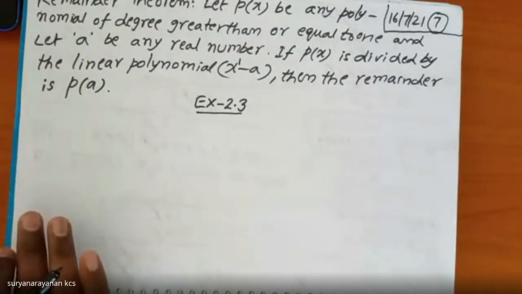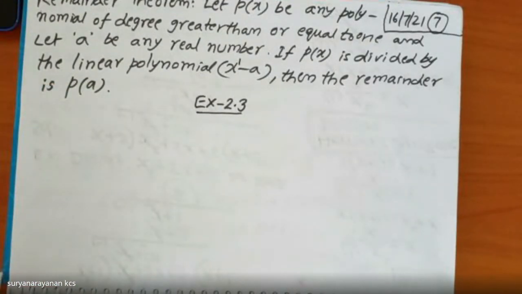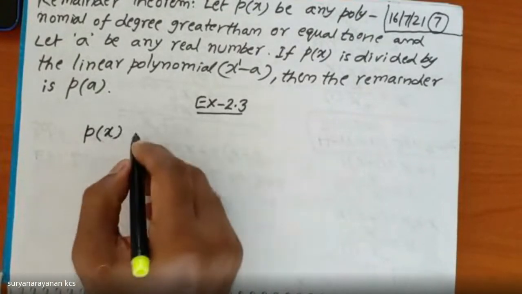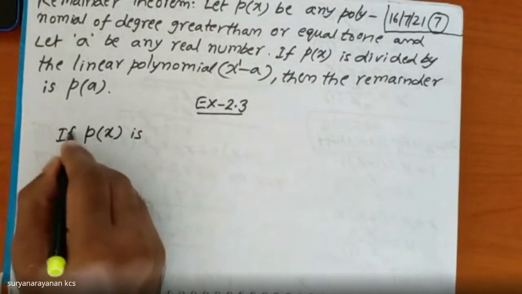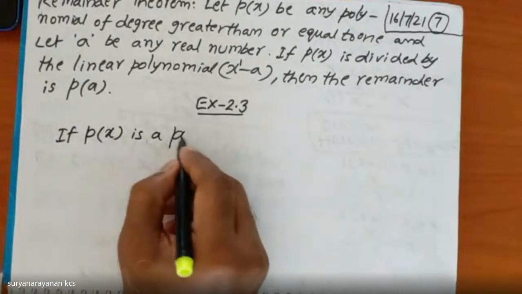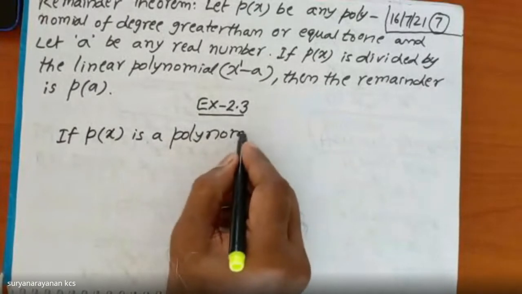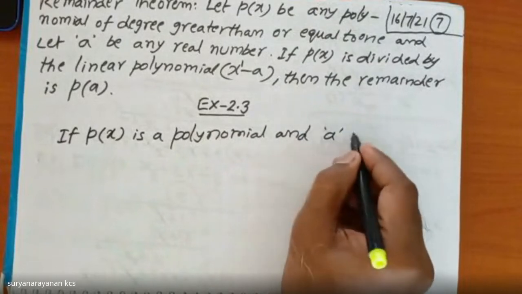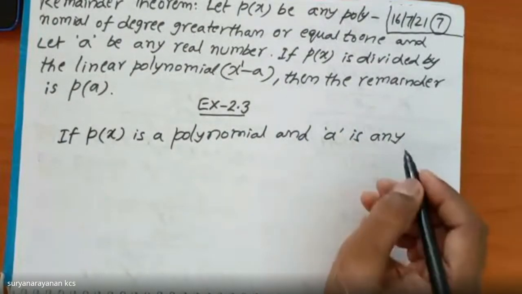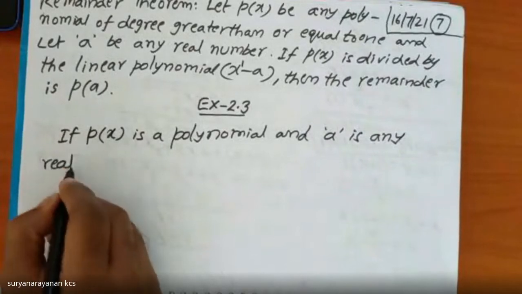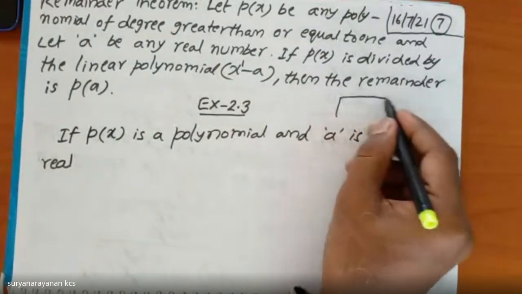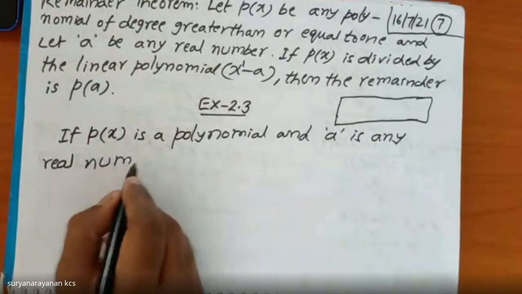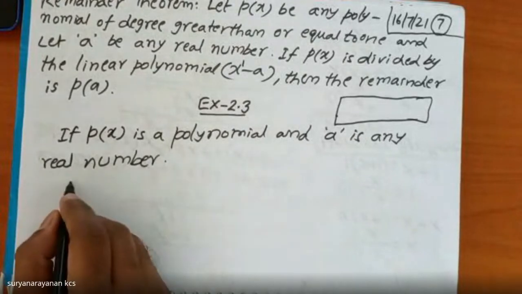I will recall two points. First, if p of x is a polynomial, and a is any real number, then